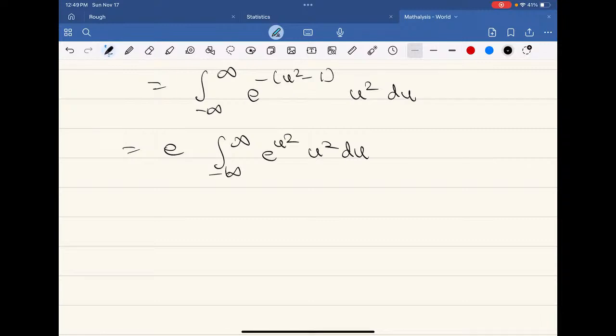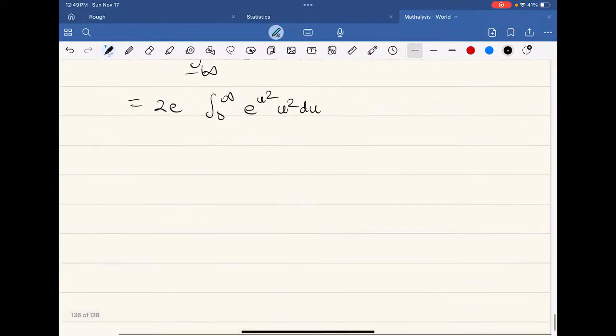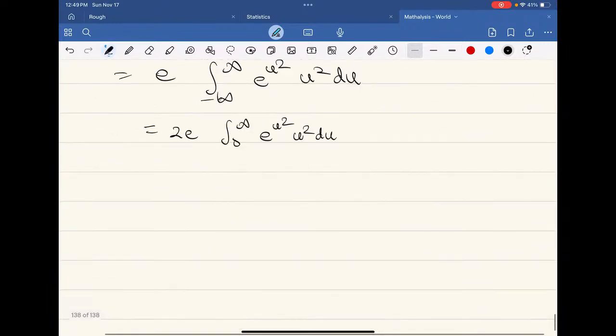Now for this one, this isn't a hard problem. I can definitely do it using gamma function, right? But I'm just trying to think of an easier way. This is just an even function, right? So I can definitely write this as 2e times integral from 0 to infinity of e to the power minus u square times u square du, right? Now